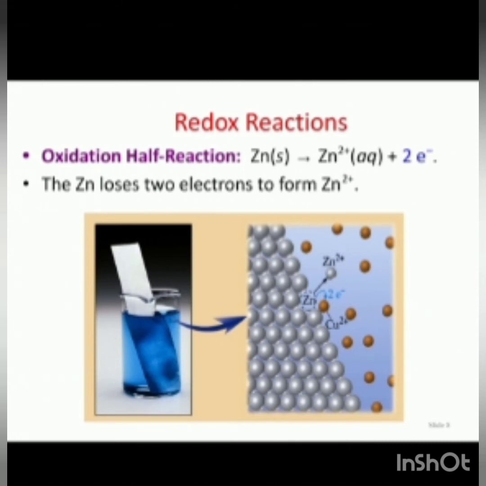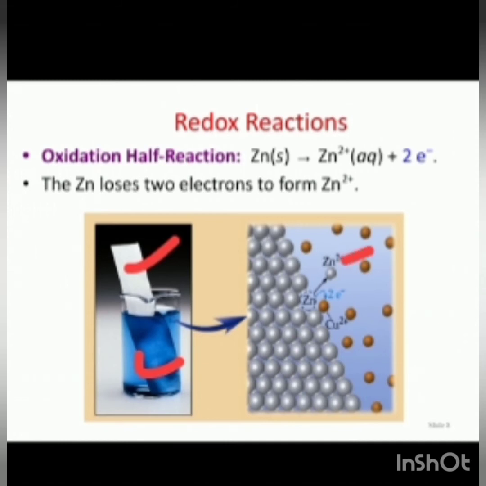When we place a zinc strip into copper sulfate solution, the color of the copper sulfate solution is blue, and the color of the zinc strip is silver. The zinc strip is placed in a copper sulfate solution. Copper sulfate solution here acts as an electrolyte. Zinc loses its 2 electrons to give zinc ion Zn2+,